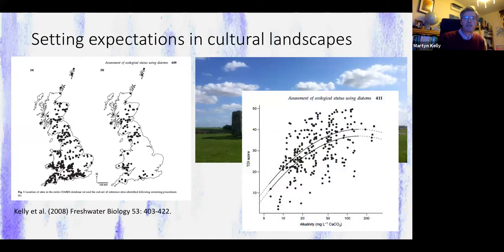What we did with our initial reference data set was to model the TDI in the reference subset against key non-pressure variables. And in the case of diatoms, the only non-pressure variables that we had that explained a reasonable or significant proportion of variation were alkalinity and season. So we set up an equation which incorporated alkalinity and season that enabled us to predict a reference value for each sample. But look how the